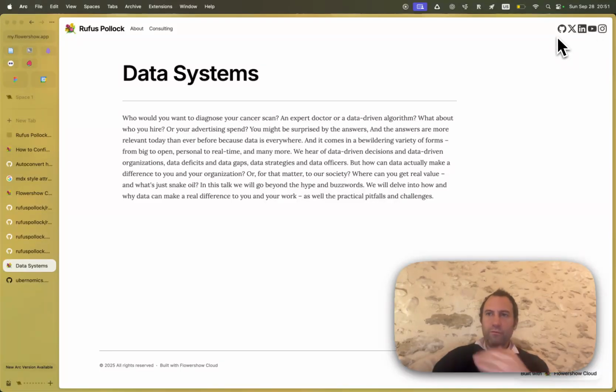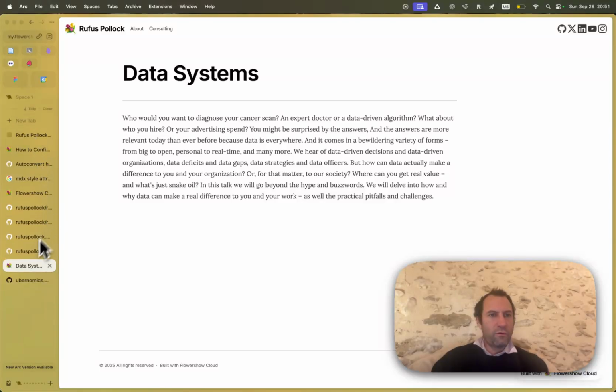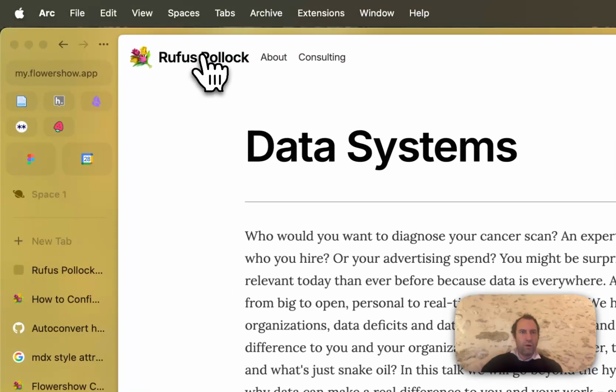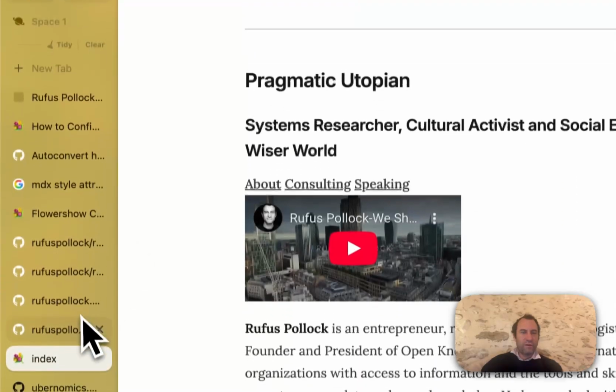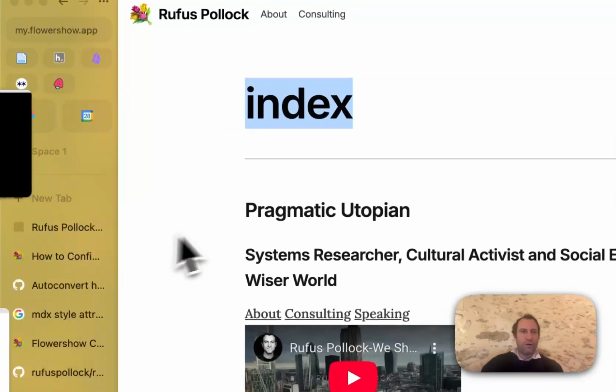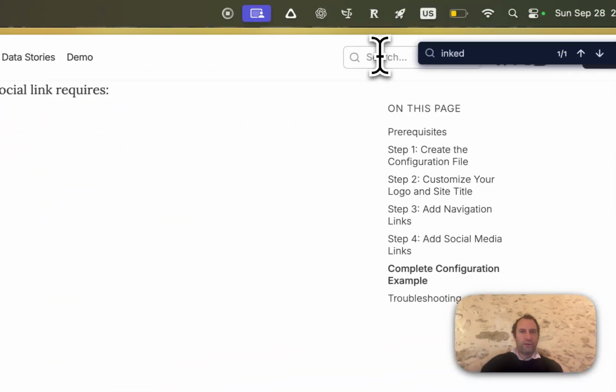I think these could look a little bit more elegant and have better spacing, but we've got the idea. It'd be kind of nice to have them in the footer too. Something to think about. Okay, so I think that's it. We have a roughly working site. I think it would be nice. Let's do a last part, which is we're going to go into Flowershow and have a